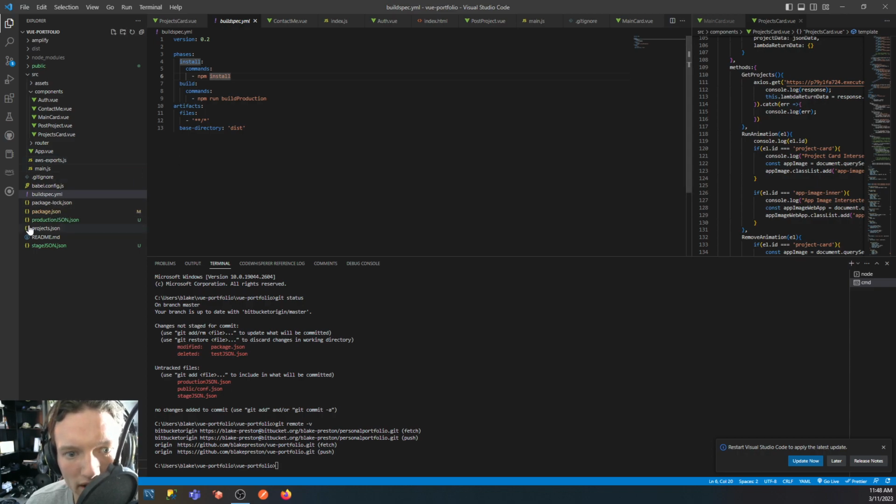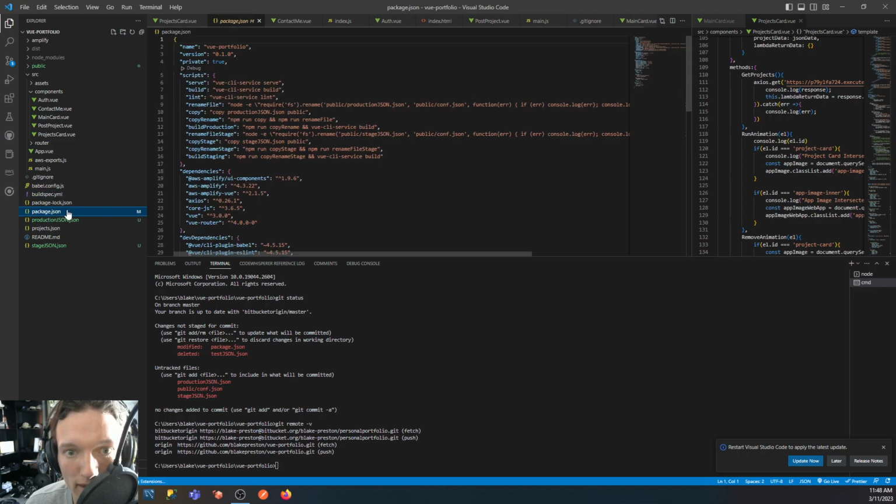But in my example here, I have some files that I actually want to be sent to that distribution folder when it's created. So in my package.json, I have a few scripts that I created where I copy over different folders and stuff. I'm assuming for what you're doing, if you're just hosting a simple static site, you probably don't need to deal with this, but this is my build production script right here. So this is actually going to run a copy script that copies different files that I need, and then we're actually going to run that build,